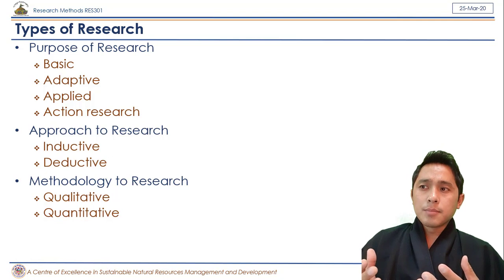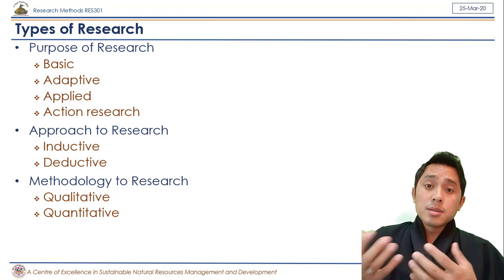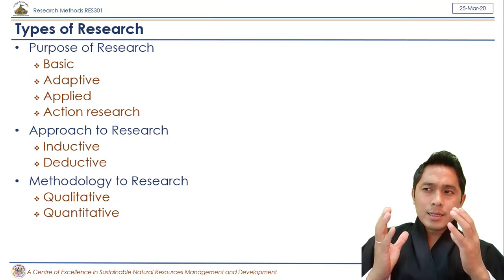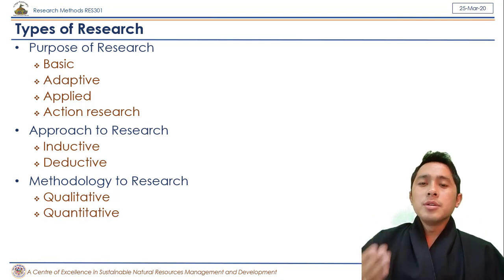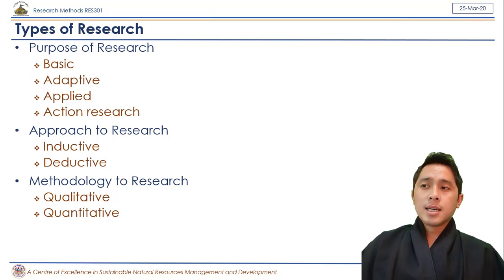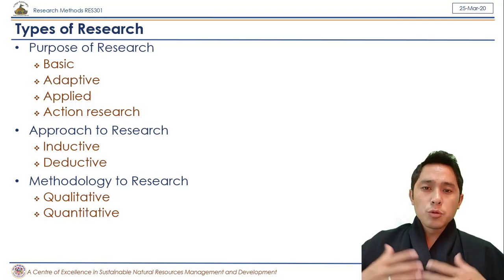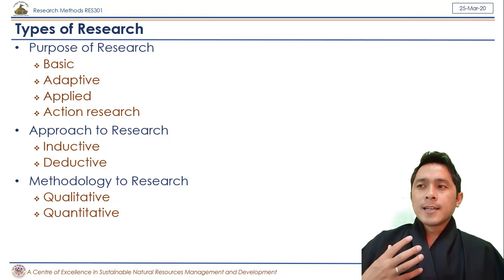For our ease, because we have seen different kinds of research in our earlier classes, such as basic research, adaptive research, applied research, policy research, inductive, deductive, qualitative and quantitative. Now, to give a very clear framework of exactly how research looks, I brought up 3 ways to classify research. The first way is classifying based on the purpose of research. Second is the approach that you take in order to classify research. And thirdly, the method that you adopt for the research.